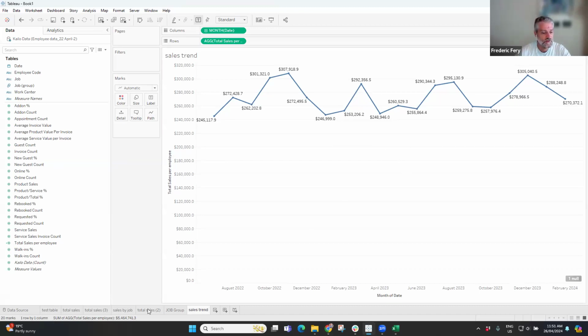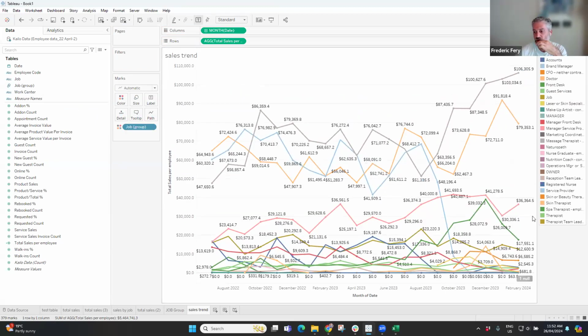$5 million of sales since the beginning, July 2022 to Feb this year. So you can play with bringing more information to the view and see if it's useful. I think, as I said in the guest lecture, it's not because you can do it in Tableau that you should. It's a bit of a spaghetti, but what you could potentially do with that kind of view is you could say,